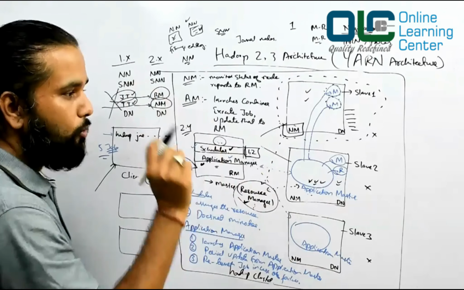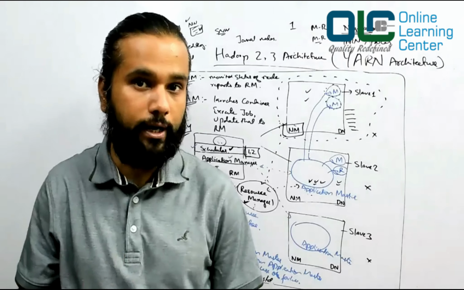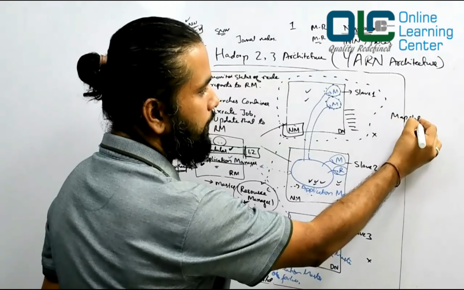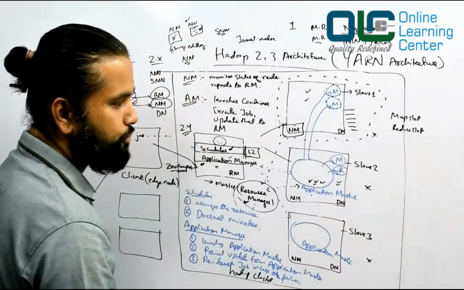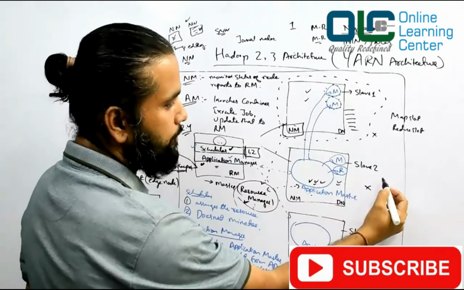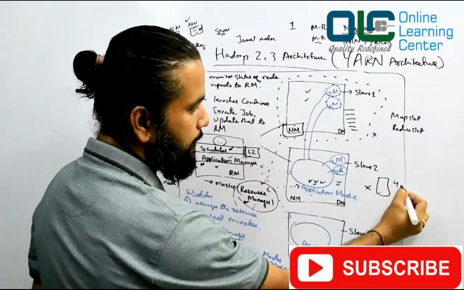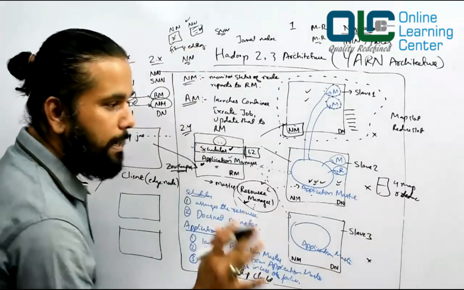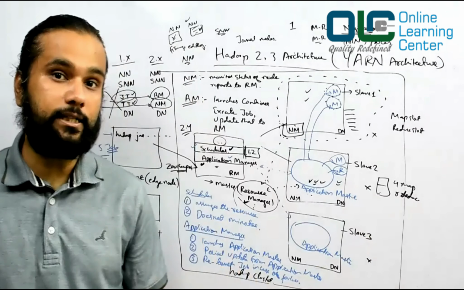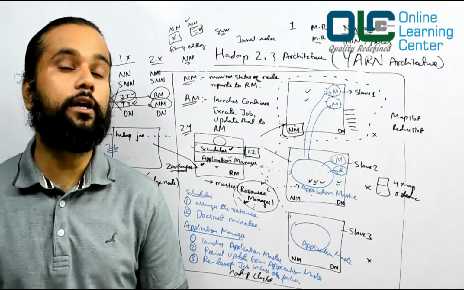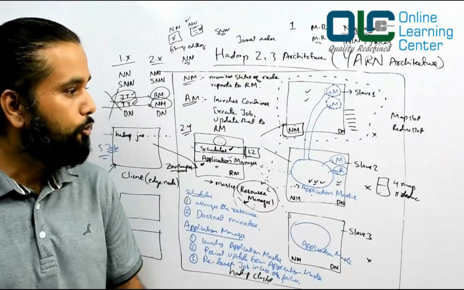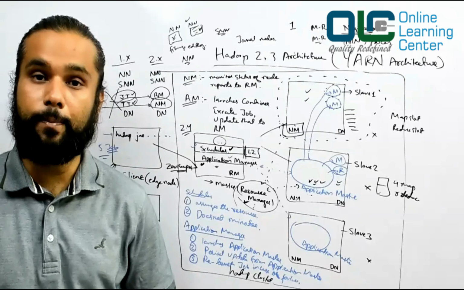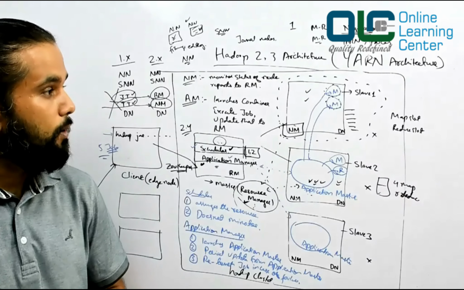One more drawback I'll tell you about Hadoop 1 is that it had the concept of map slots and reduce slots. We used to say, in this machine, let me say I can have 4 map slots and 4 reduce slots, for example. In map slots we could have only map tasks, and in reduce slots only reduce tasks. But in real time, you may not need a lot of reduce tasks, yet you'll need a lot of map tasks. That was the biggest problem in Hadoop 1.